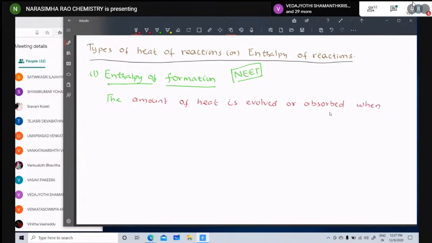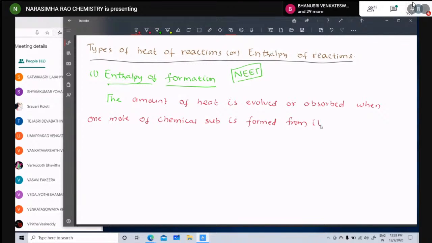Only 1 mole should be considered. It's clear. So the amount of heat is evolved or absorbed, meaning enthalpy of formation may be exothermic or endothermic. We don't know; whatever the process, it depends upon the nature of the reactants and the products. Now, evolved or absorbed when 1 mole, this is important, 1 mole of chemical substance or compound is formed